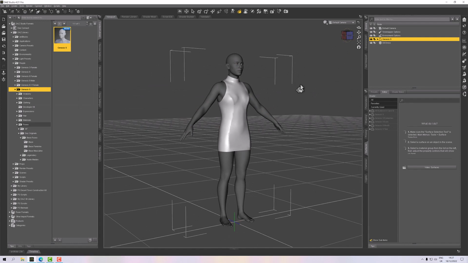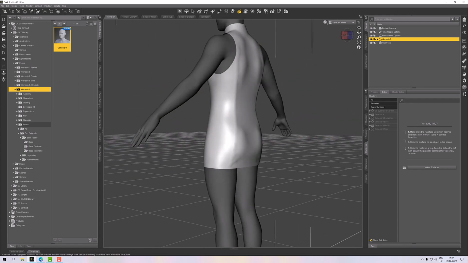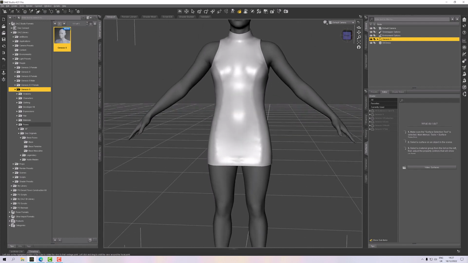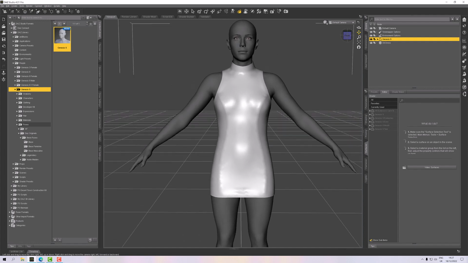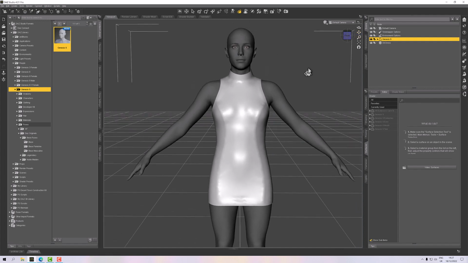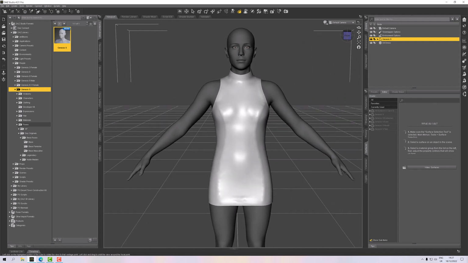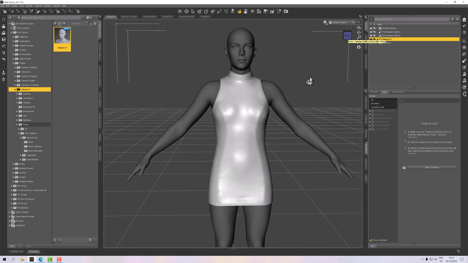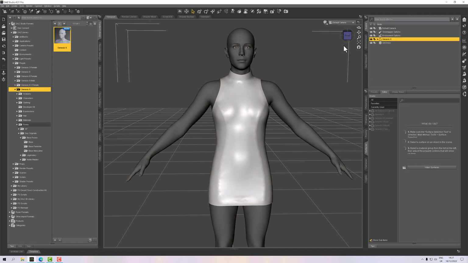Okay, so what I'm looking for is whether the mesh looks nice and whether it conforms or fits the figure without an awful lot of distortion. I can already see it's a little bit raised from the body, so we're going to adjust that in MD, but let's do an initial rig. So let me select the dress first. Well, actually no, I want to select Genesis first because I've had some crashes with other things selected, and then